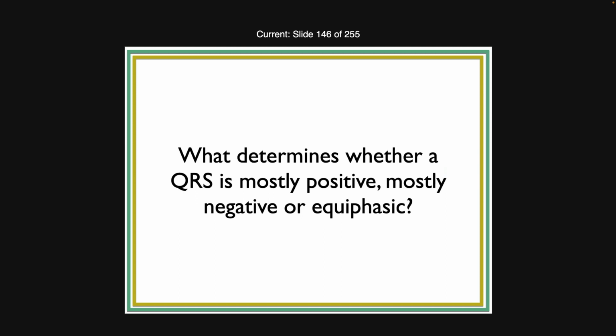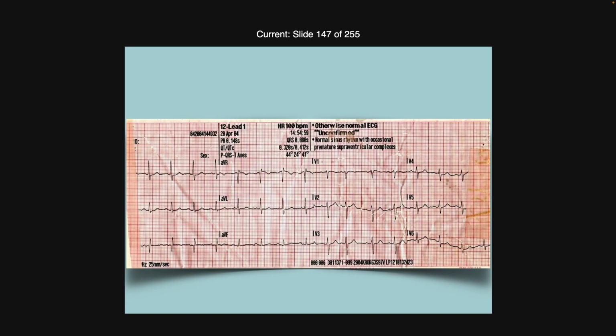Now, what determines this? Sometimes you'll see a QRS and it's mostly positive. There's a great big R wave. Sometimes it's mostly negative or equiphasic, meaning that the R wave and the S wave are equal, with as much above the isoelectric line as below. And when we look at the 12 lead, one of the interesting things is you can see how the QRS, so for example here, it's mostly or almost entirely positive, but here